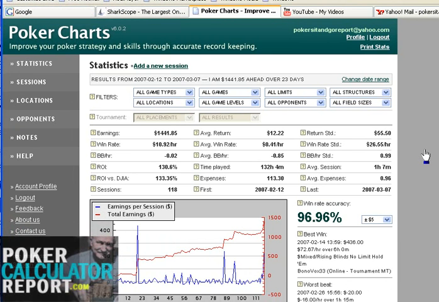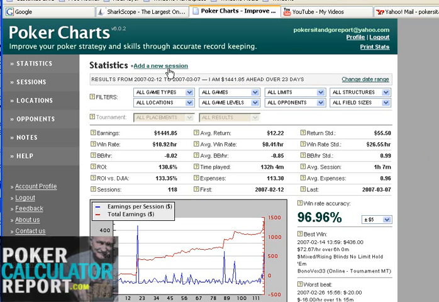This one is for poker charts. If you've never been here, this is a great way to improve your game by keeping track of your performance during and after, of course, any sessions that you've been in. This includes all types of games. The idea is that after you've walked away from a table or